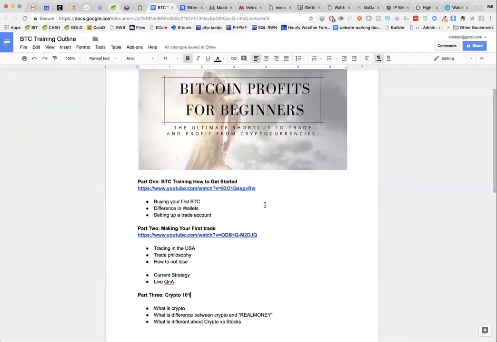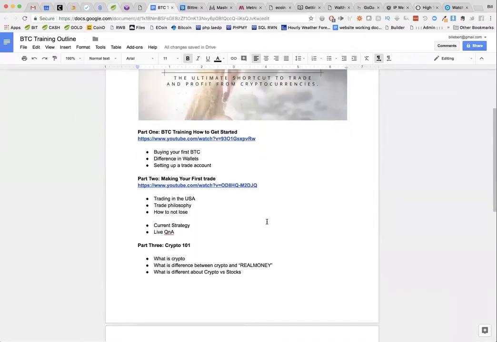But it's just a way of doing transactions, whether it's a piece of paper that's printed or just ones and zeros out on the screen. So cryptocurrency, don't let the word frustrate you or confuse you. Which brings us to number 2. What's the difference between crypto and real money?